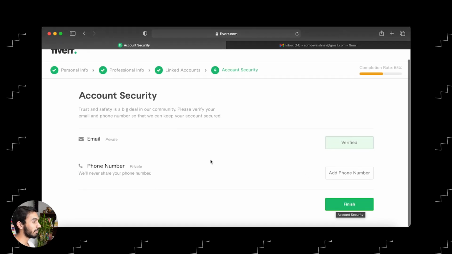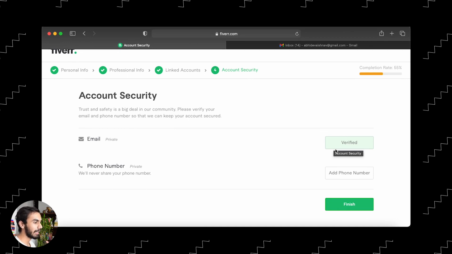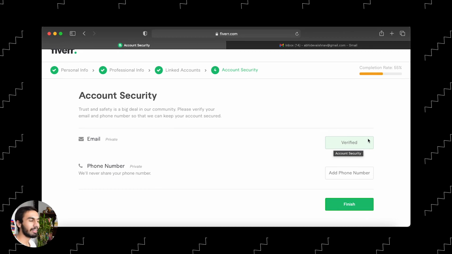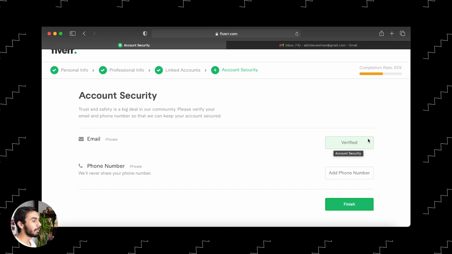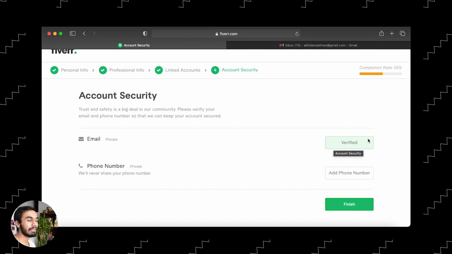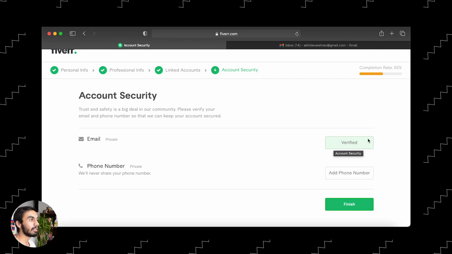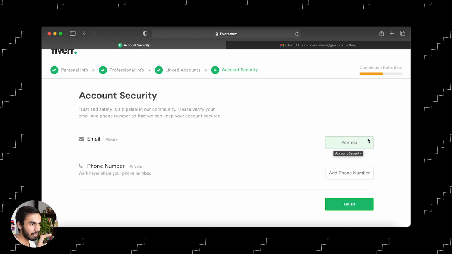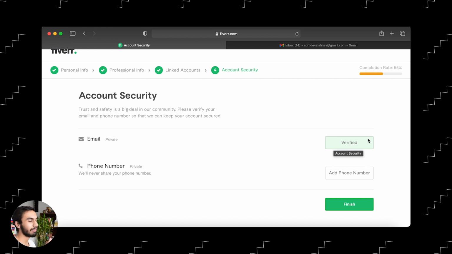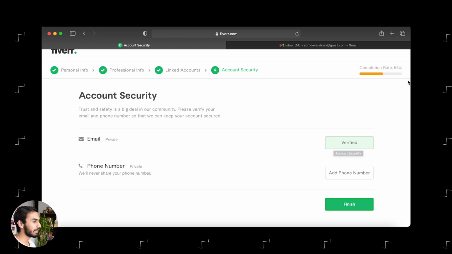So now you have to verify your email ID and your phone number. So now here an option will come like add email ID. Here it is showing verified because I have already done this. But if you have not done it already, then you have to enter your email ID here and they will send some email to your mail ID. So you need to go to your mail ID and click on verify my account. Like some button box kind of thing will come, and you have to click on verify my email ID and they will redirect you to Fiverr.